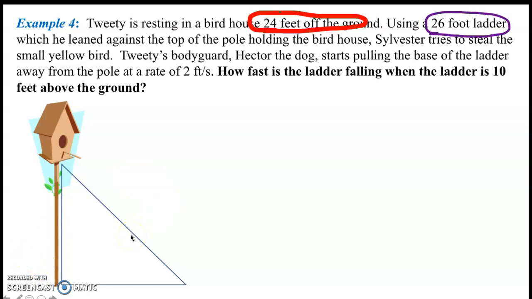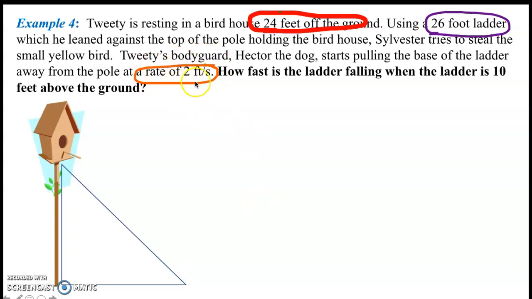I also know that the ladder is 26 feet long, and the ladder itself would be the hypotenuse of this triangle, and it also will never change because it's a given ladder that's 26 feet long. It's not going to get any longer or shorter. We're also given that Hector the dog is pulling the base of the ladder, which is down here. He's pulling it away from the pole, this way, at a rate of